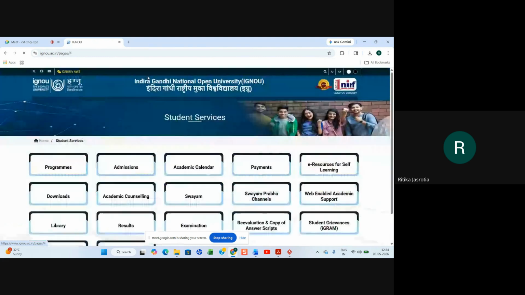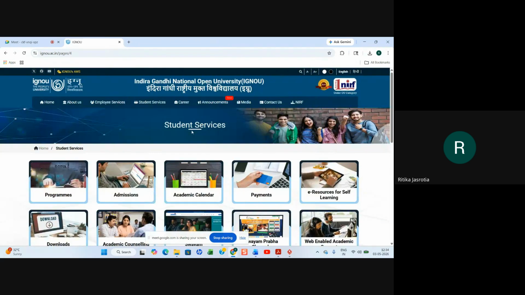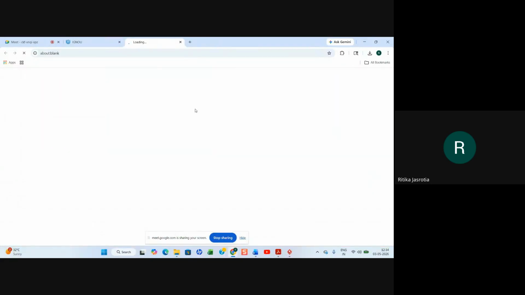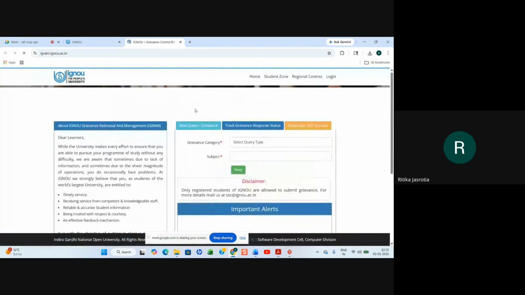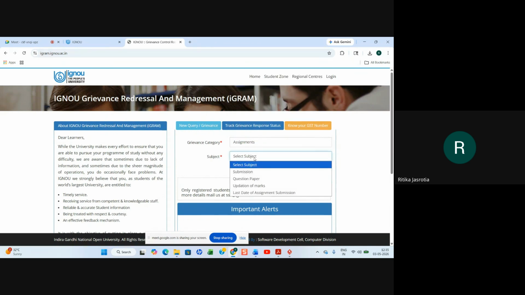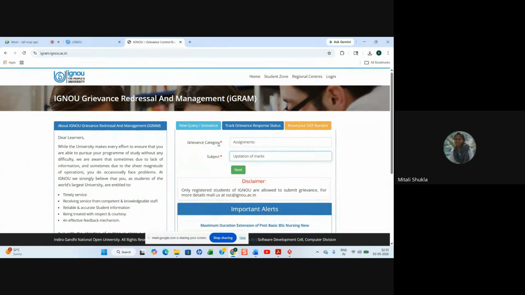In student services, I'm seeing there is grievances, or student grievances. Go to student grievances and you can select your query, whatever assignments, and your subject, updation of marks, and you can write your query here, right? Understand? Yes, ma'am. If your problems are not solved, you can give it in the grievances section.